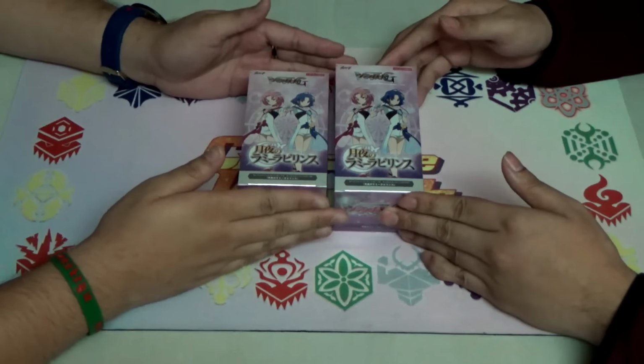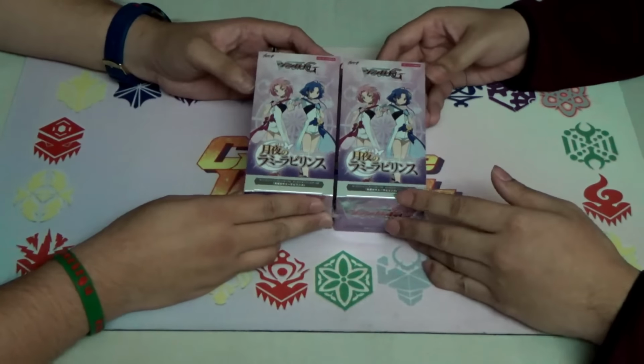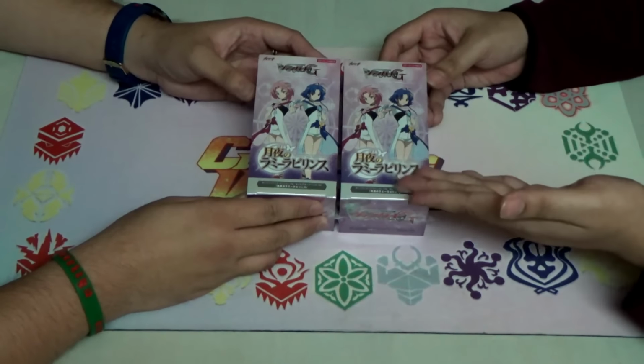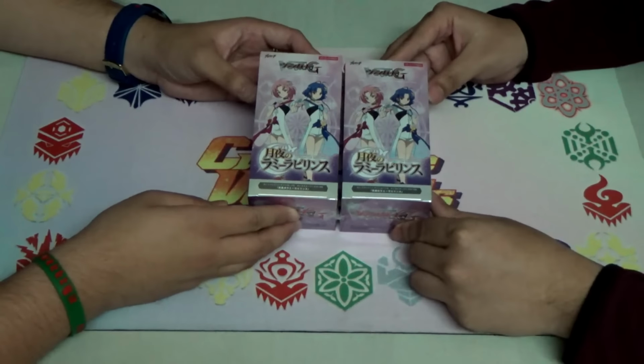So Ben is here, Brian is here, because we are finally opening something that is of waifu potential. I was just gonna say that it has waifu written all over it. That's why this store is here. So the waifu set is called...